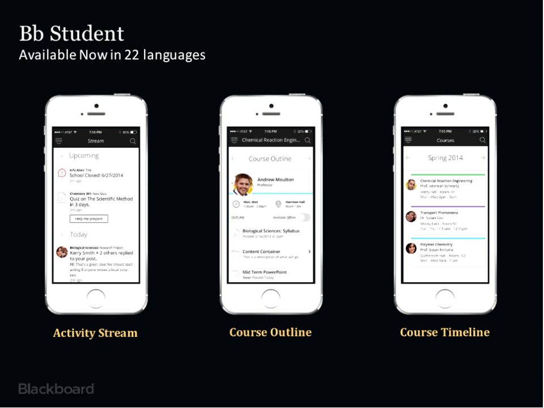That includes displaying to the students an activity stream that brings together information from all of their different courses or modules. We have that new course outline view with the navigation. It's simple to use, very intuitive, and students can also see the different courses or modules in the context of time.